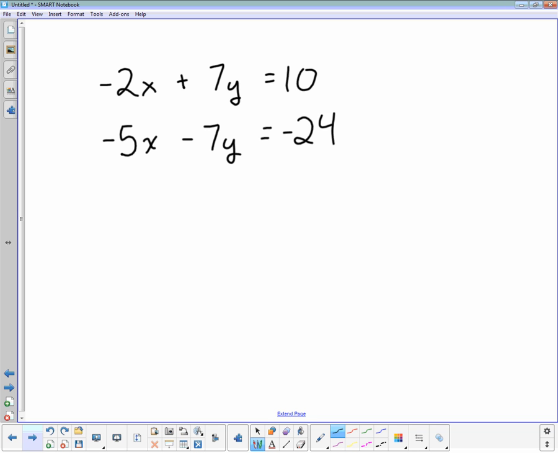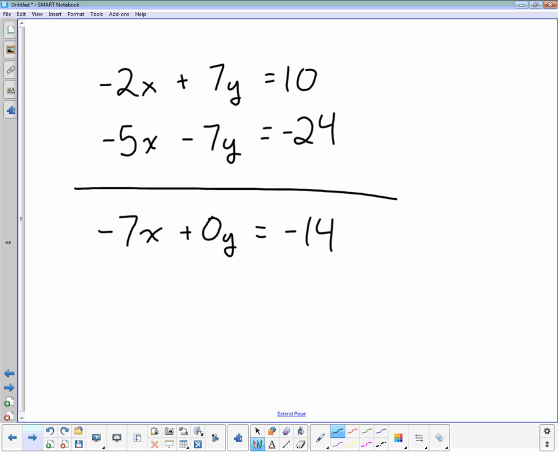Elimination would probably be the way to go on this one, right? Because if you added these two equations, you'd wind up eliminating this whole column, right? All those y pieces would fall out, and you'd wind up with negative 7x equaling negative 14, and you're going to wind up with x equaling 2, right? Let's think about this. This is what you would do. You would do negative 7x plus 0y, which I'm not going to bother with,